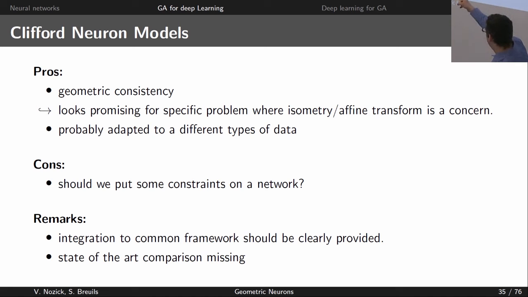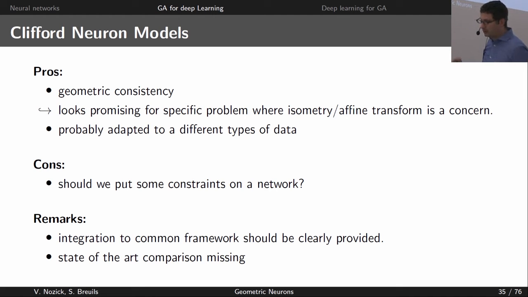So here, when I say cons, there's still one question. Usually, if you force your network to follow your idea, sometimes you're wrong, because the network usually knows better than you what it should do, because it will brute force almost everything. So sometimes, is it really a good idea to tell your network, you should do it that way? This is a question I don't have the answer to, but clearly, if you know that your data is purely geometric, probably yes, this is a good idea. You will just help it find the direct way. And sometimes, maybe no. So here, I really don't have the answer.